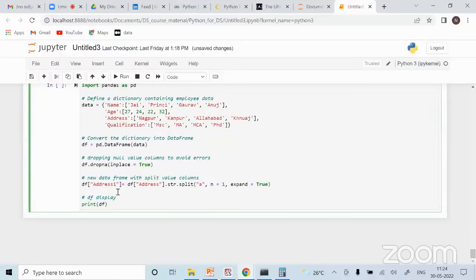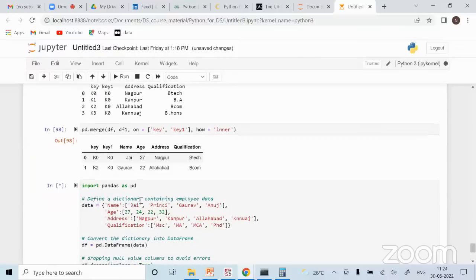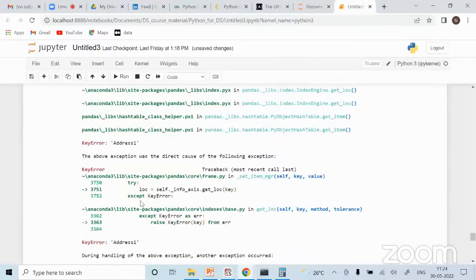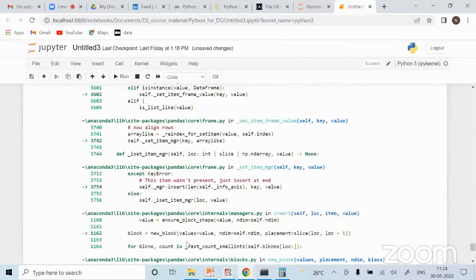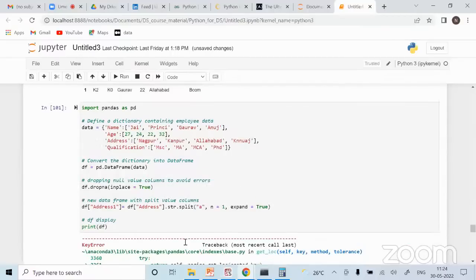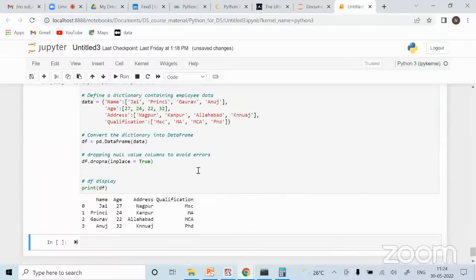Let me save it into another column instead of replacing it so that we can see. Okay, there is some error. What is this error? Let me first run this.